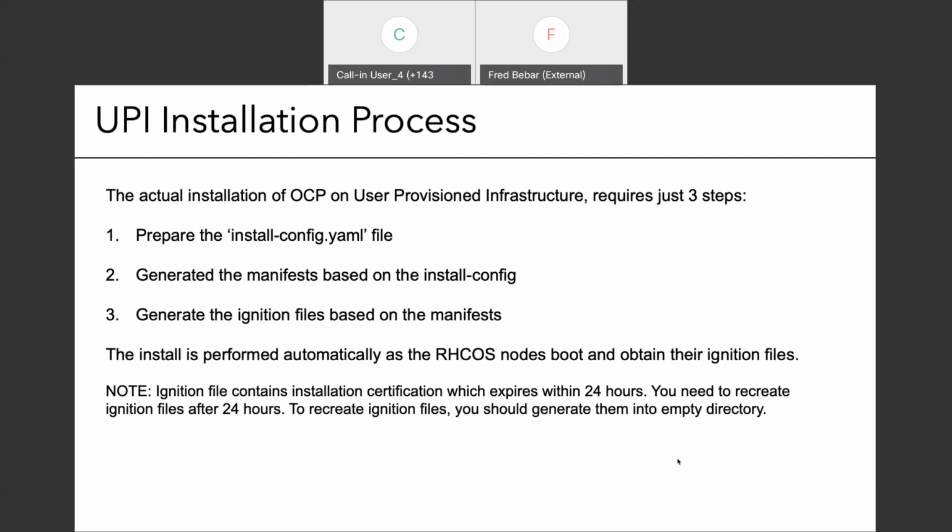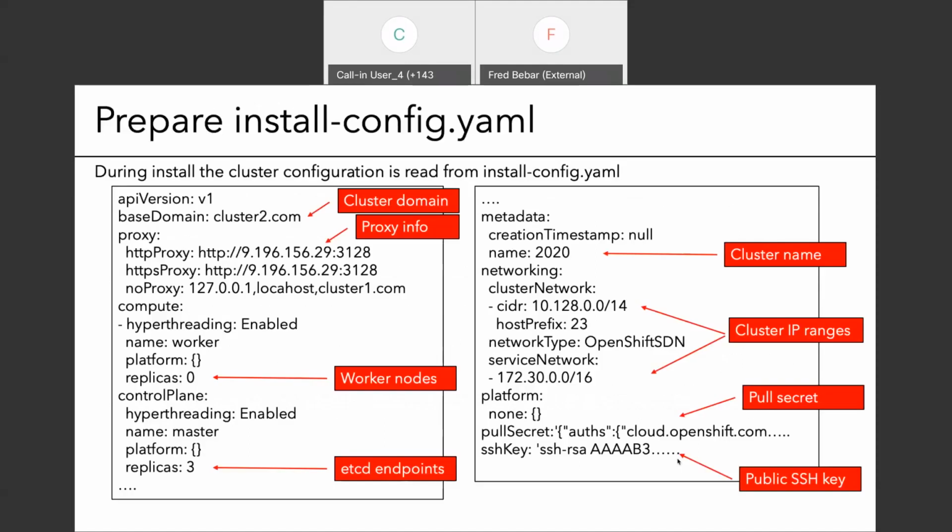I put a note in there that they do expire, because the certificates have 24 hours, so you have to regenerate them, but you can just empty the directory and recreate the ignition files. We provide an example of an install config file, and here it's in YAML format, and we've got